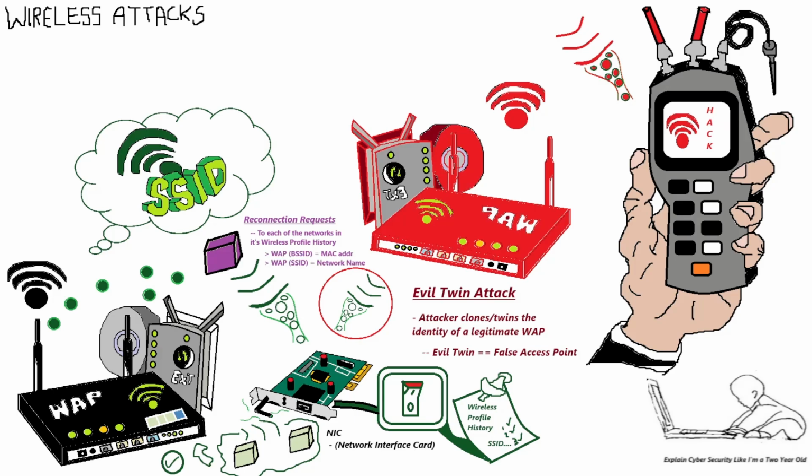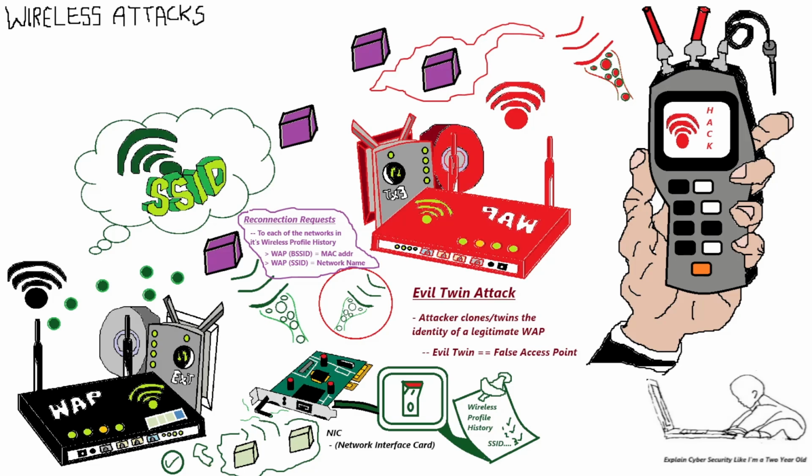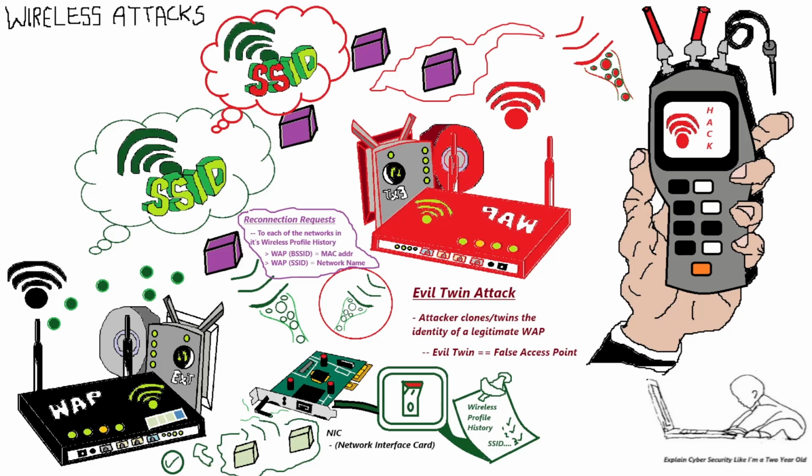This attack works because authentication and encryption are managed by the base station, aka the wireless access point, and not enforced by the client. This means that even though the client's wireless profile will include authentication credentials and encryption information, the client nonetheless will accept whatever type of connection is offered by the base station, which can be plain text. Again, a malicious use of a legitimate wireless management concept.